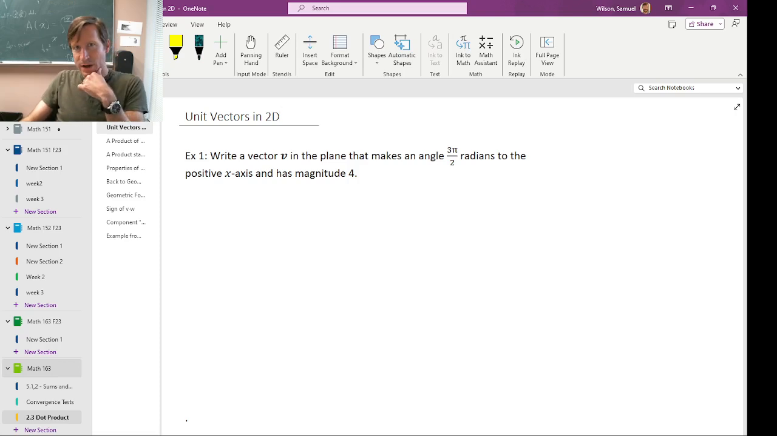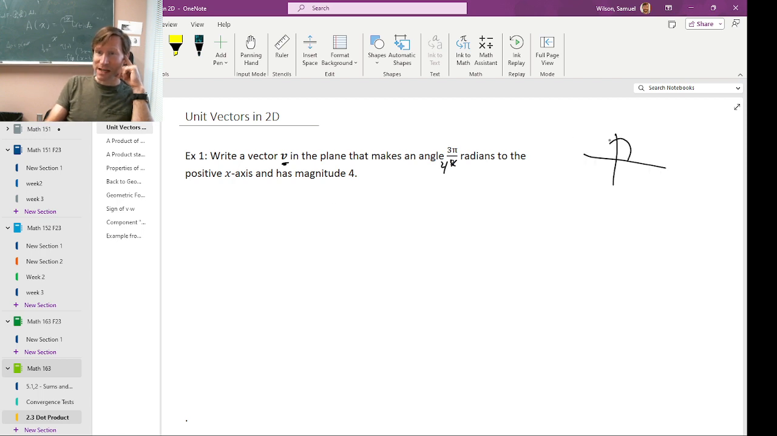Before we get started thinking about products of vectors, let me make a quick note about a handy trick for understanding the direction of a vector, at least in the plane. Let's suppose that for some reason we need to find a vector v in the plane that makes an angle 3 pi over 4 radians to the positive x-axis and has magnitude 4. So 3 pi over 4 is going to be out this way some way, and we need to go 4 units. So it's going to be like this, but suppose for some computation we actually need to know